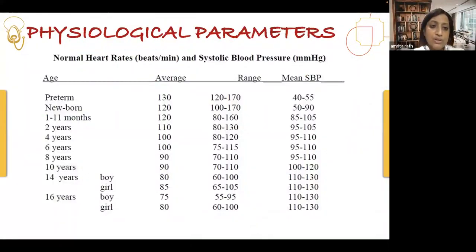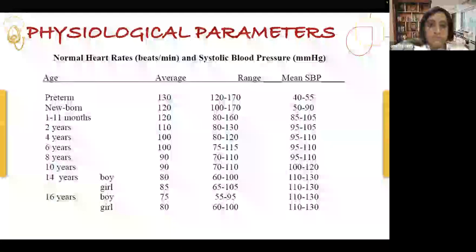So Dr. Jagdish mentioned we have to check the blood pressure. Blood pressure is a very bad monitor in pediatrics because the cuff will be very inappropriate. And it is the systolic blood pressure, not the mean arterial pressure, which has to be taken into consideration when you talk about blood pressure. So if at all you wish to talk about blood pressure in a newborn, you talk about the systolic blood pressure rather than the mean arterial pressure, which is used in an adult.